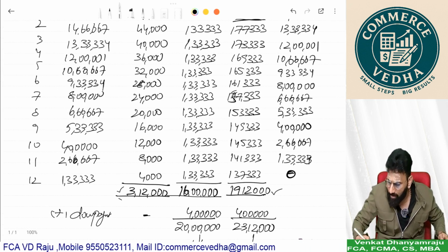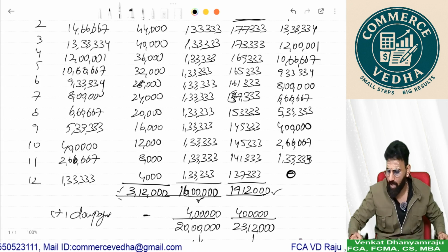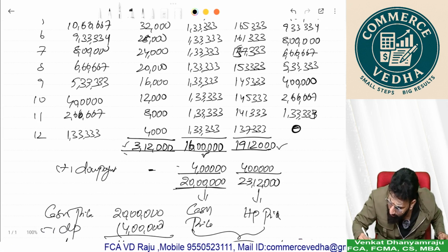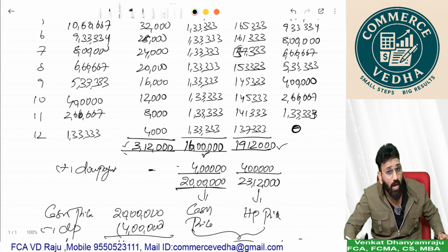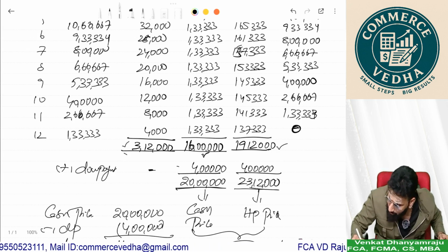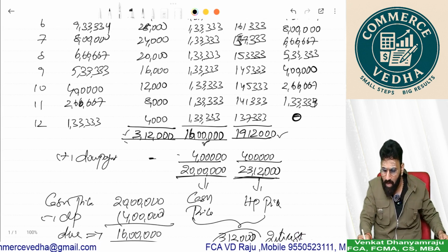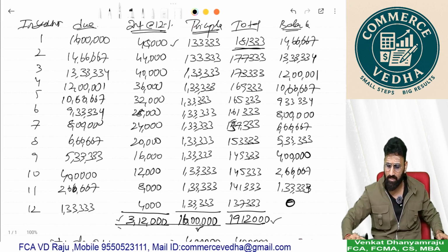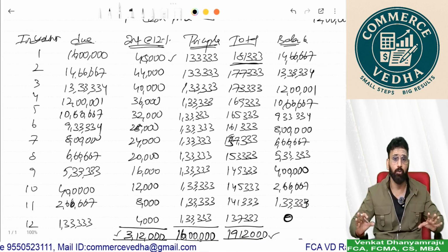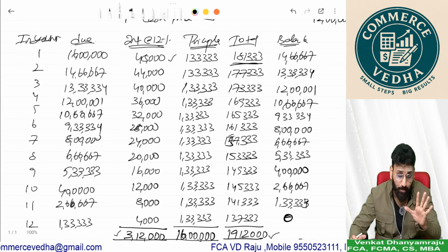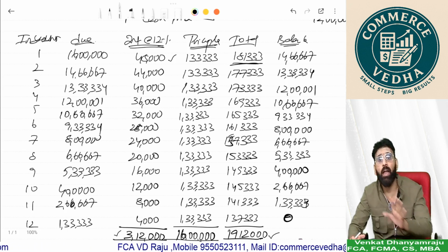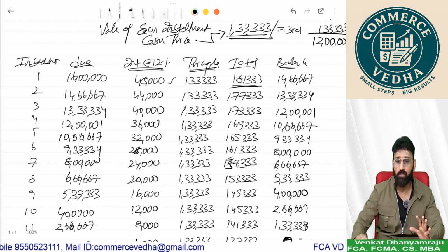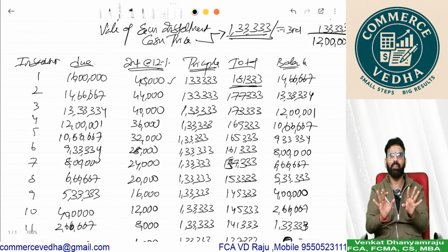1912 minus 312 is my total cash price due paid. And if I add my down payment to the cash price, I get total cash price. If I add the down payment to the hire purchase price, it is total hire purchase price. So the difference between hire purchase price and cash price is my interest. This is how the transaction should happen if you are given cash price and interest and installments and wanted you to compute the interest portion. This is all about the first basics of hire purchase